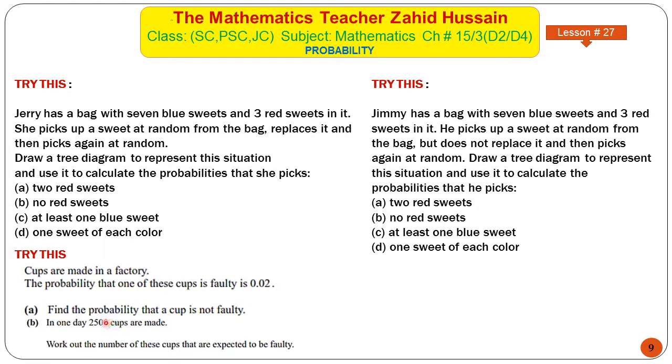तो इन 2500 कप में से कुछ फॉल्टी भी होंगे, कुछ जो है वो फॉल्टी नहीं भी होंगे. तो उस फॉल्टी की प्रोबेबिलिटी उसने दी हुई है और जो फॉल्टी नहीं है उसकी प्रोबेबिलिटी आपसे उसने कैलकुलेट करवा ली है. So work out the number of these cups that are expected to be faulty. तो आप क्या करेंगे, ये जो टोटल कप एक दिन में बनते हैं उसको फॉल्टी कप्स की प्रोबेबिलिटी से मल्टीप्लाई कर देंगे. तो you will get the answer which will give you exactly the number of faulty cups. So this is your probability and tree diagram.